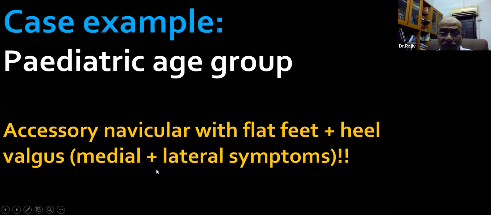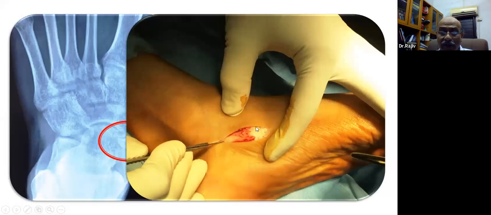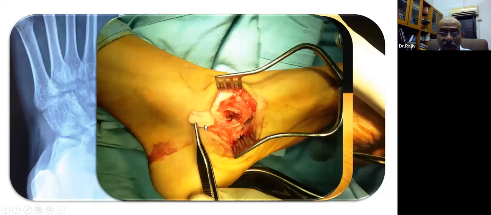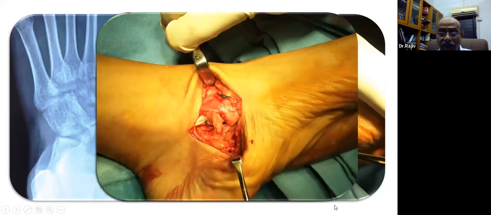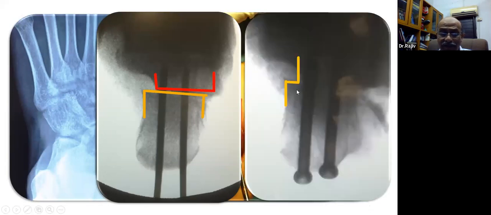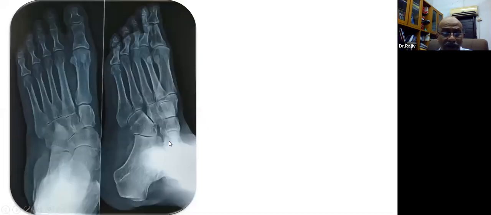Accessory navicular with flat foot with heel valgus, you would require flat foot surgery plus surgery of the accessory navicular. So, medial approach, this is the accessory navicular. You excise the accessory navicular, the tibialis posterior tendon is there. You need to reattach and advance its insertion and do the medial calcaneal slide osteotomy for flat foot with heel valgus like this. In an adult, if accessory navicular with flat foot and heel valgus is there, like in this case,